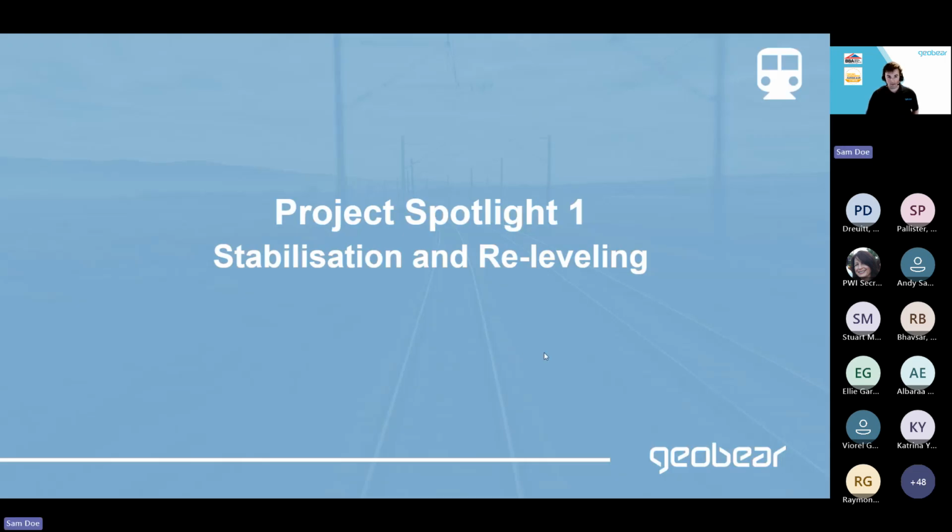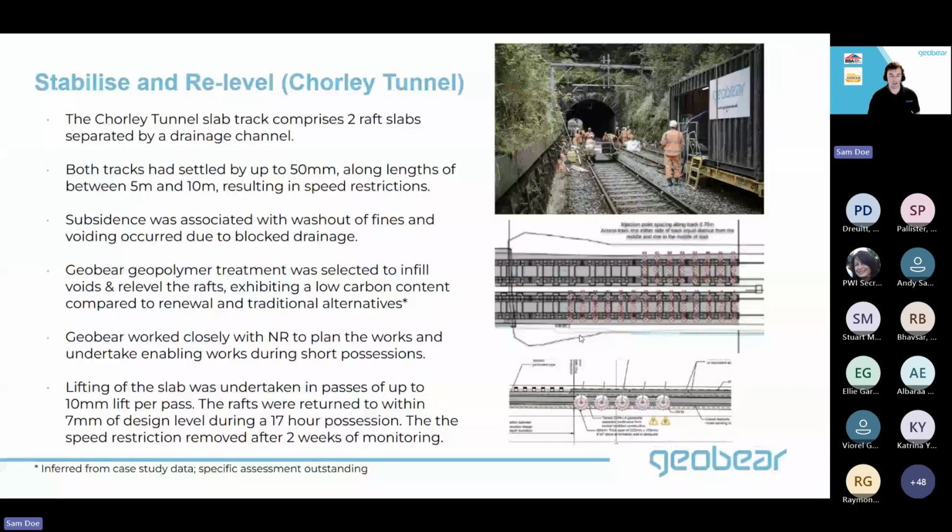Okay, so that's the main comparison study that we've undertaken, and now we go on to some additional project spotlights just to cover some of the other uses of geopolymer in maintenance. And one or two of them aren't strictly maintenance, but I'll come back to how they can be used in maintenance projects. So this first one is very similar to the case study in that